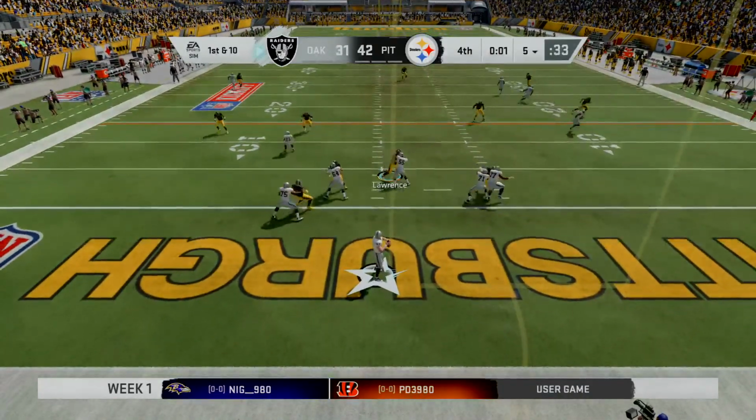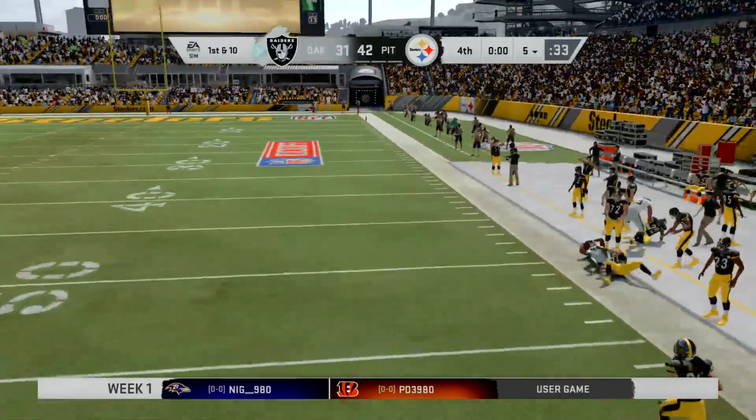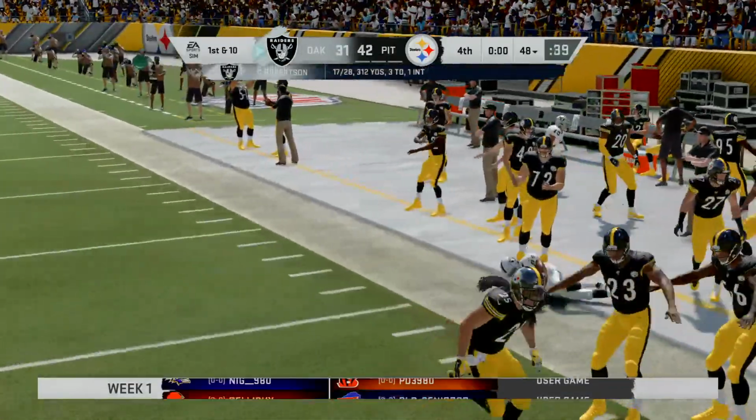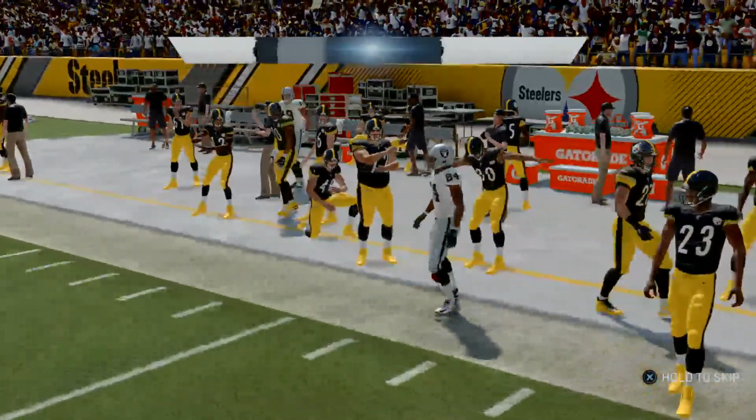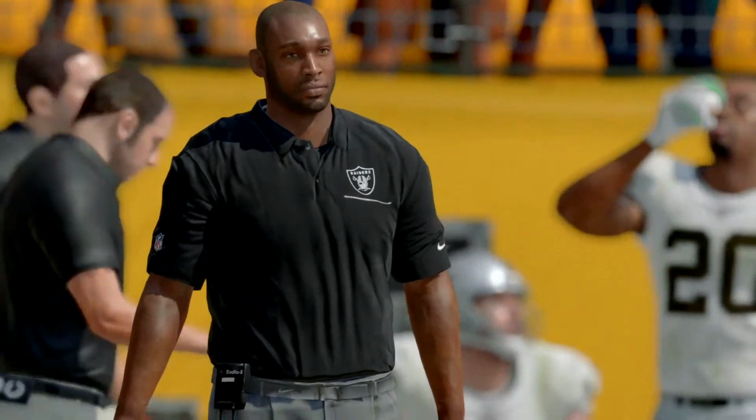One final shot. They'll look to throw. Now a desperation throw deep downfield. He's got a man. Complete. Let's go. Let's do it. So this one in the win column for the Pittsburgh Steelers. And with that, our